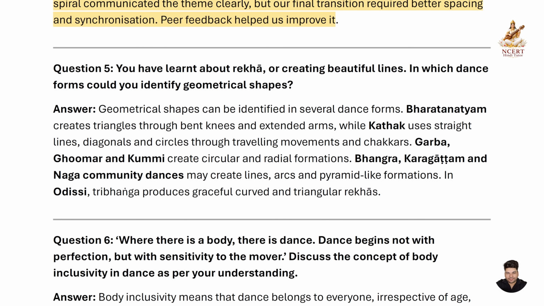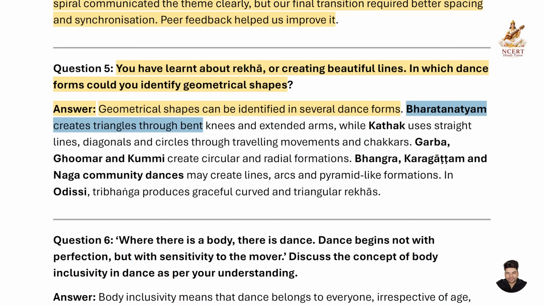Question 5. You have learnt about rake, or creating beautiful lines. In which dance forms could you identify geometrical shapes? Answer. Geometrical shapes can be identified in several dance forms. Bharatanatyam creates triangles through bent knees and extended arms, while Kathak uses straight lines, diagonals and circles through traveling movements